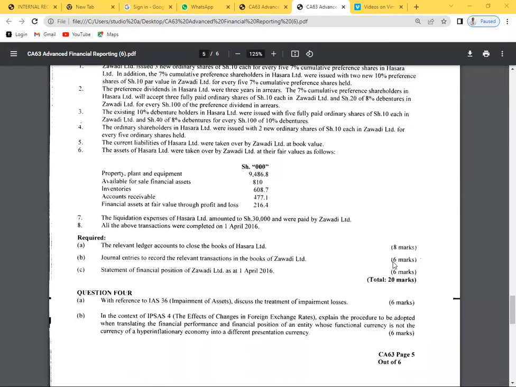Then I'll not even do a lot of work in part A. Trust me, in part A, I'll just concentrate on purchase consideration and opening that Zawadi account, and maybe realization. For part A, realization is because I'm posting most of the things at book value, because I must strive to do everything here in 40 minutes maximum. So now that marks the end of this particular session.